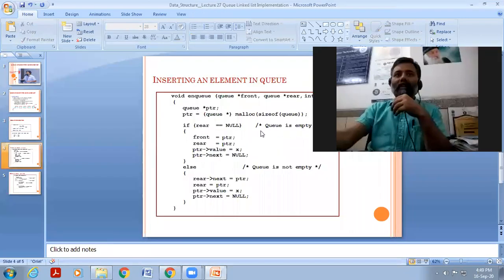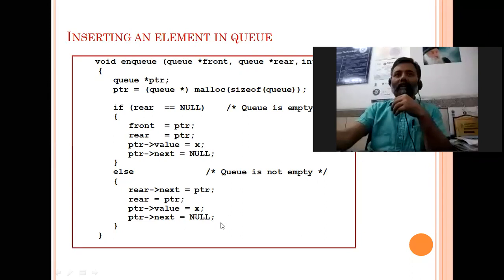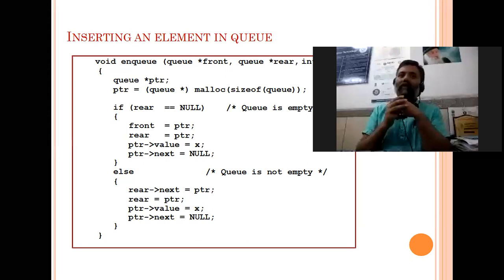Now, in the same way, suppose we want to delete an element from this queue, then you can write the dequeue function also, and the code will be similar. We can take front and rear, and you can write that code. You will check whether the queue is empty or not. If the queue is empty, then deletion will not be done. And it is just like the special case of deletion at the beginning. So take it as an assignment and write that code. So thank you.